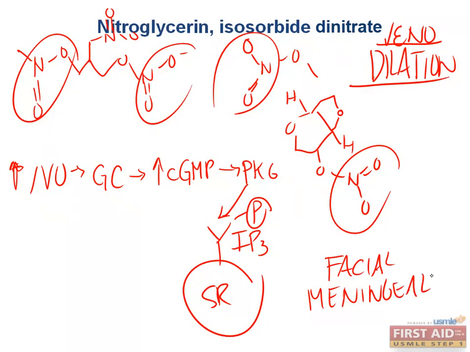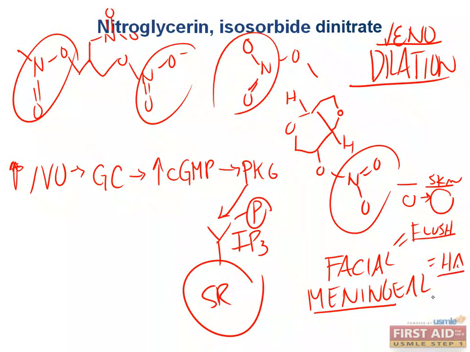is directly responsible for some of the side effects here, which are the flushing, the headaches, and the dizziness. So you get the flushing because you take the vessel diameter and increase it, the vessel gets closer to the skin surface, and now you have a more prominent vessel lumen closer to the skin surface, and that creates a redness. That is the flushing that you see. Dilation of meningeal arterioles can cause irritation of the meninges, and it causes a headache. And the dizziness can be related to the dilation of the cerebrovasculature, causing hypoperfusion of some elements of the brain,